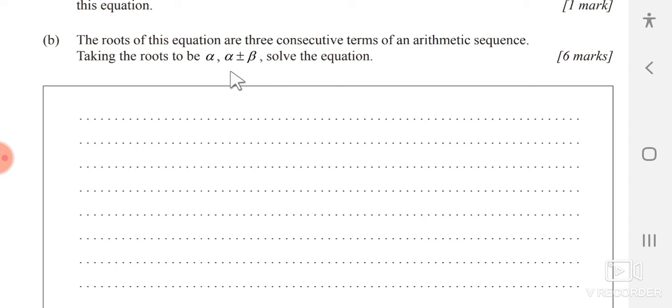As this is an arithmetic progression, you can write alpha plus beta, then alpha, and the third would be alpha minus beta, and then beta would become the common difference. So by this consideration,